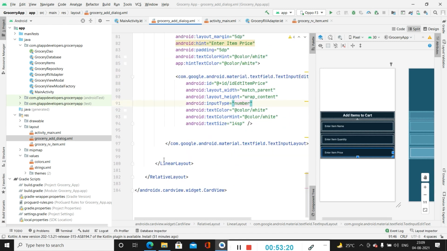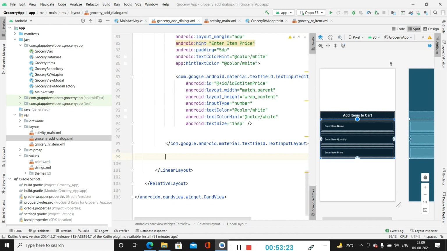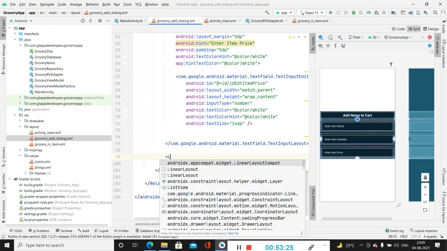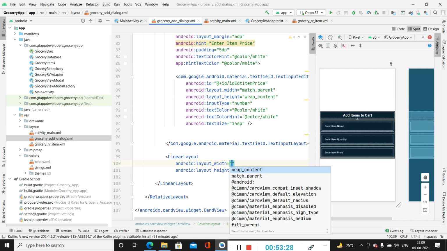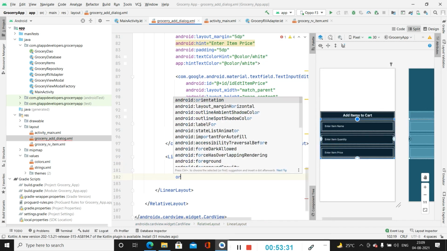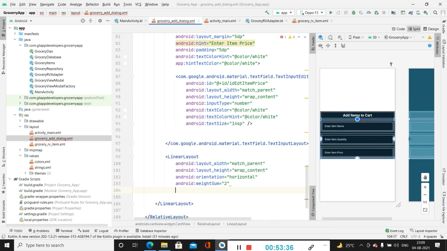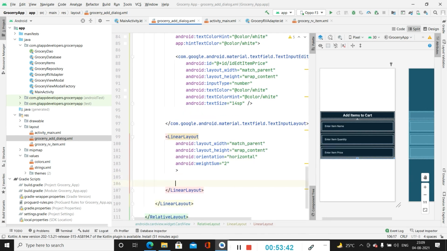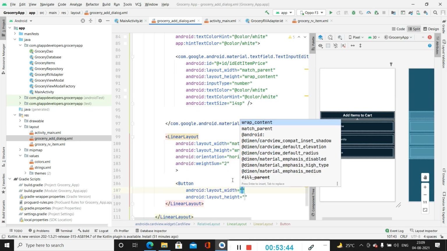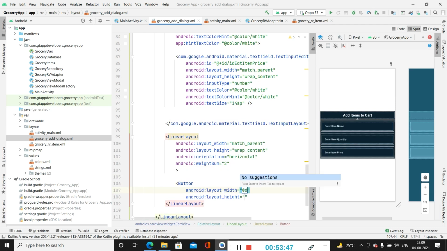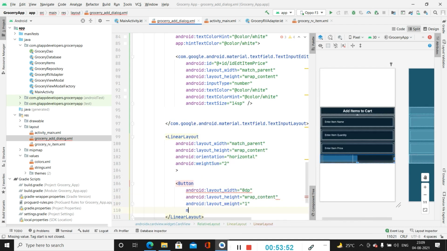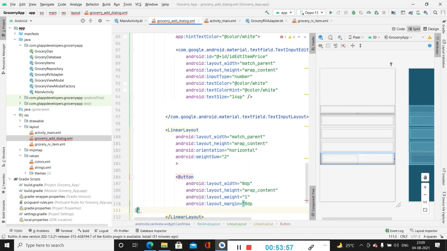Now after that, we have to create one more linear layout which will be in a horizontal manner. So we'll be creating a linear layout, specify width as match parent, height wrap content, orientation as horizontal, weight sum as 2. Now inside this we will be creating a button, specify width as 0 dp, height as wrap content, weight as 1, margin as 8 dp. We will be adding the id,